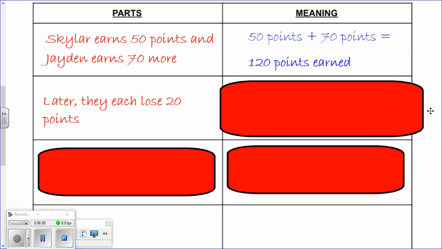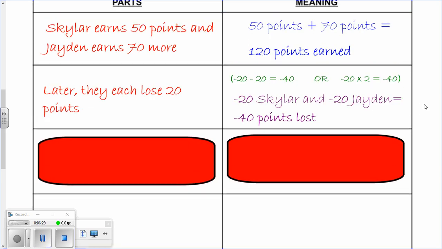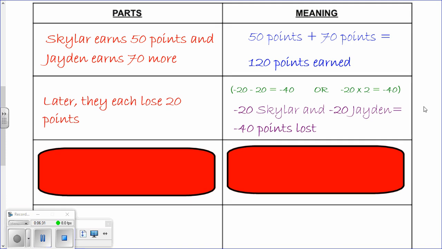So what does that mean? That means Skylar lost 20 points for the team and Jaden also lost 20 points for the team. So when we lose 20 points, we can represent that with a negative 20. And negative 20 minus another 20, the points that Skylar lost and Jaden lost, would give us a total of negative 40. But you could also get that answer by doing negative 20 times 2, and that would give you negative 40. So because we now know that Skylar and Jaden lost a total of 40 points, our last step